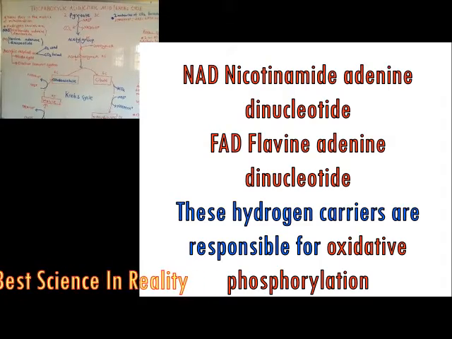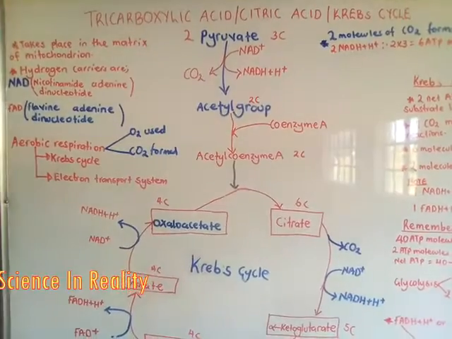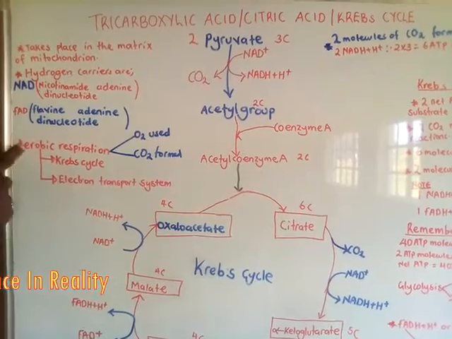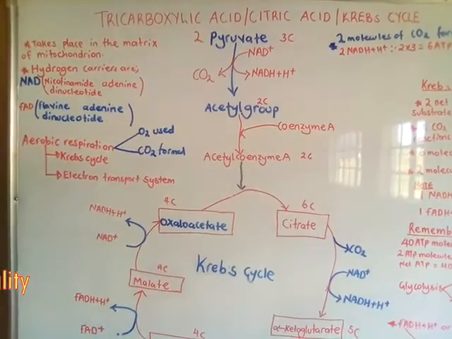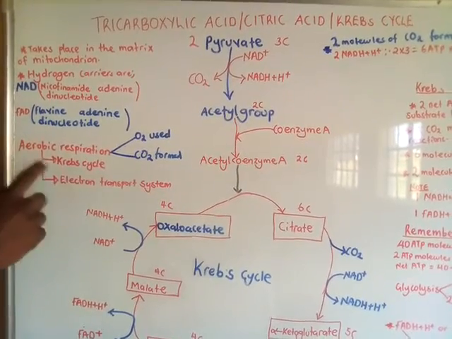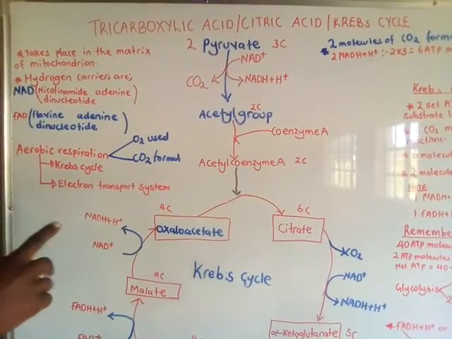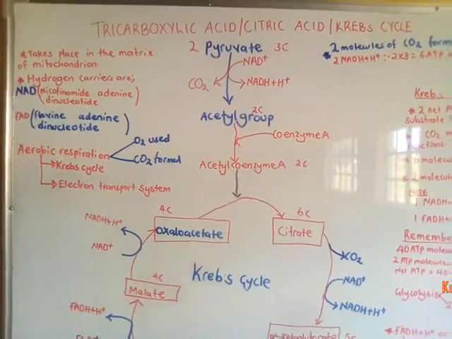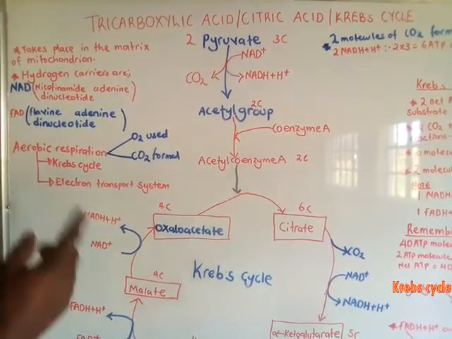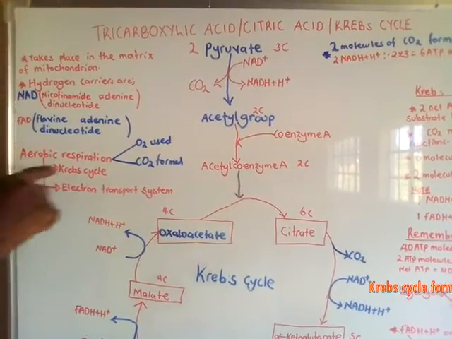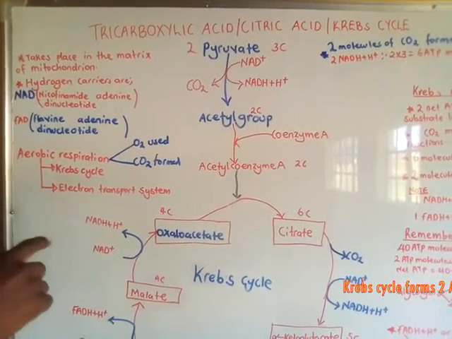So what is going to take place? This process of Krebs cycle is one of aerobic respiration. In this case, we are going to use oxygen and shall form carbon dioxide. And remember, we have two processes involved during aerobic respiration, that is Krebs cycle and electron transport system. However, we don't see the exact use of oxygen during Krebs cycle, but we are going to see it in